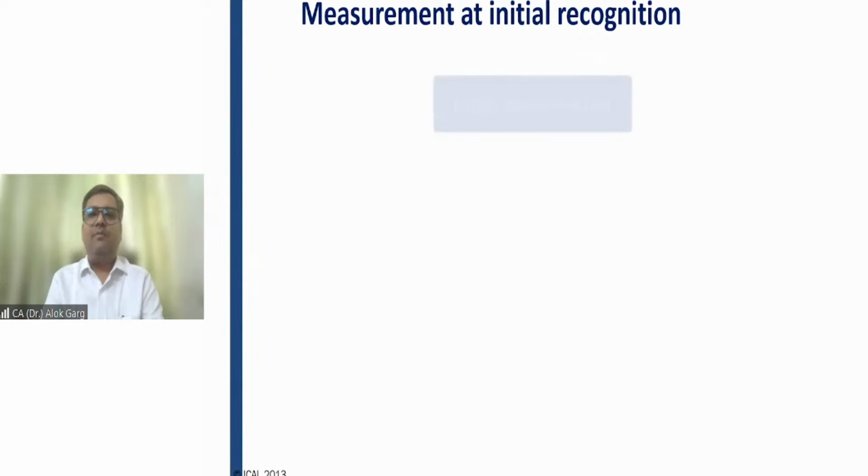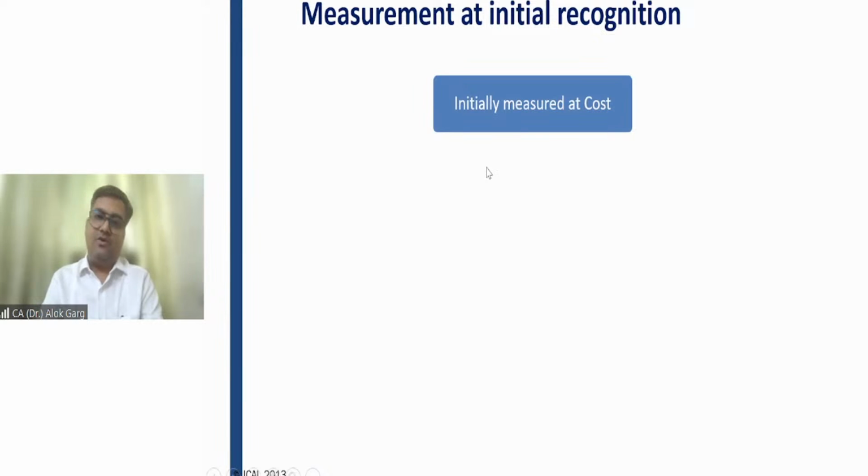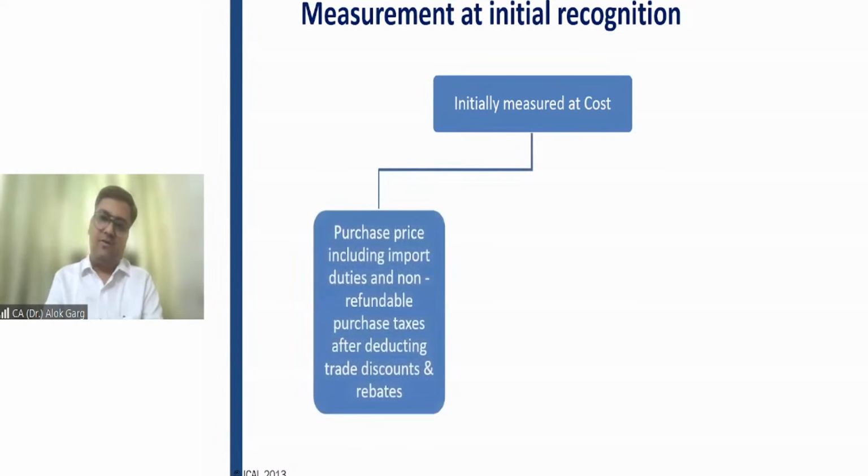When I talk about measurement, PPE has to be initially measured at cost. And there are three legs of the cost. Number one, purchase price. For example, when you go